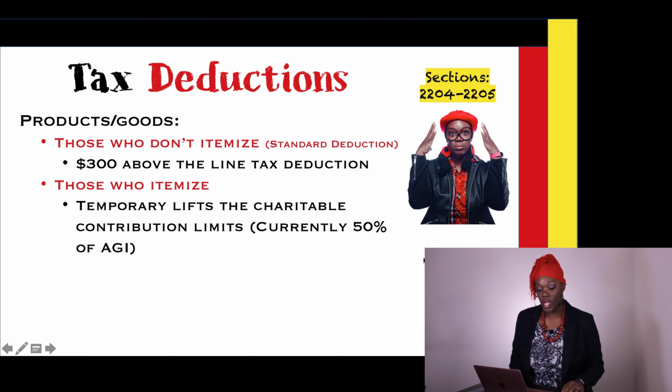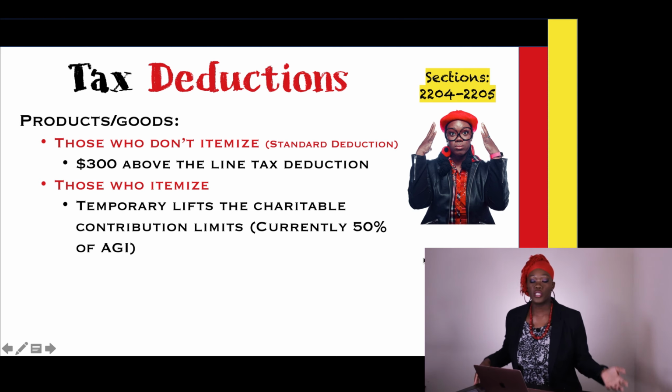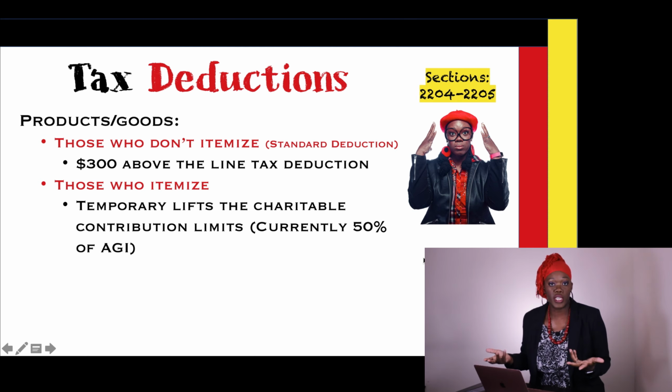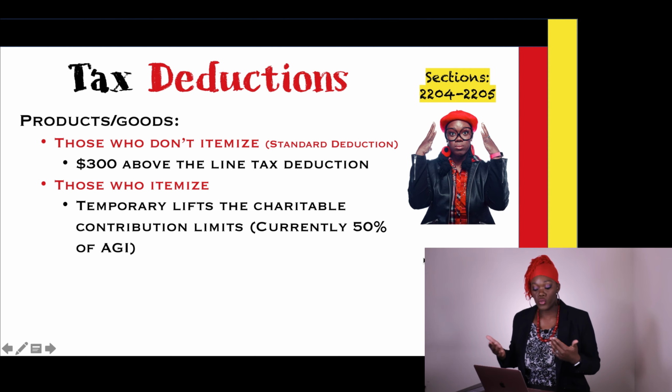Yeah. All right. So just really quickly, some tax deductions. They're trying to encourage more people to donate to charity. So for those, you could itemize. Typically, you don't get a deduction above the line, which is before you get to your AGI. They're offering a one-time $300 above the line tax deduction for people who typically do not itemize. So if you get the standard deduction, if you don't know what I'm talking about, don't worry about it. I'm sure your accountant, your CPA, your person who does your taxes does. And if not, then your TurboTax, your taxact.com, whoever you do your taxes with, they'll know.